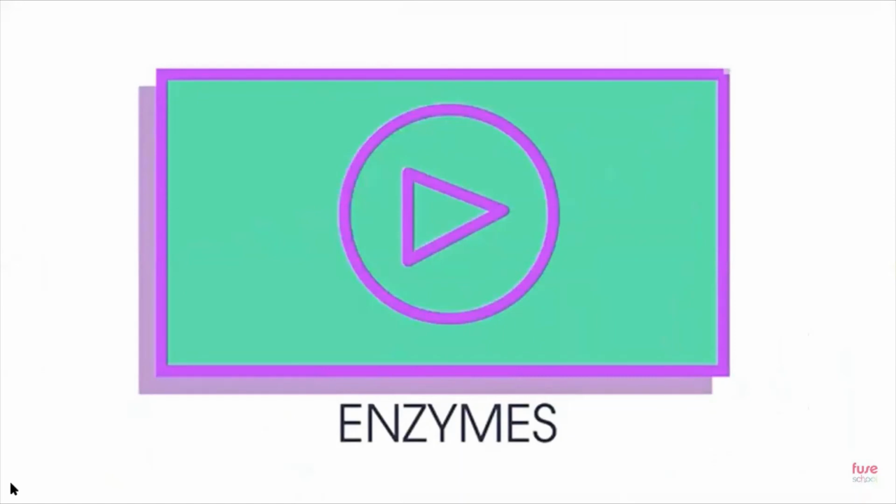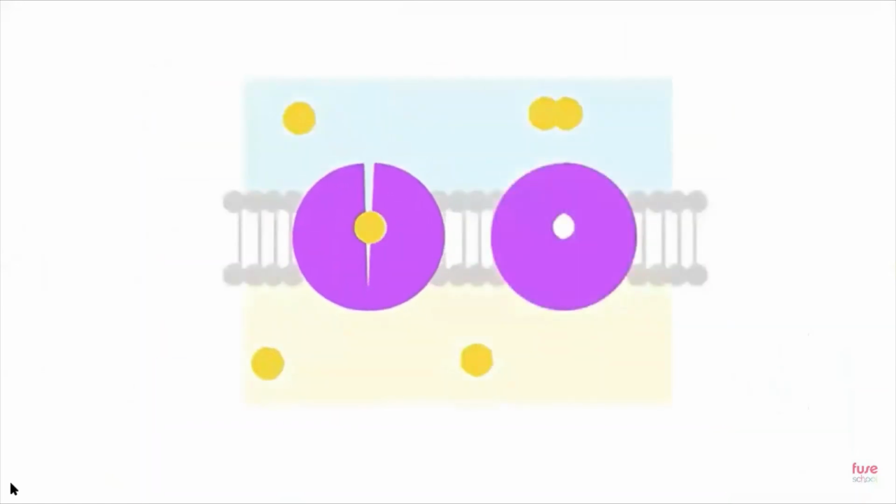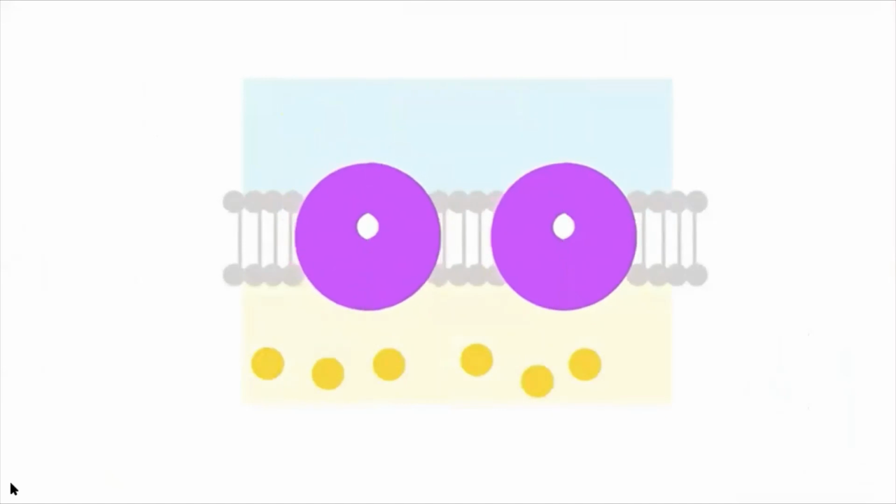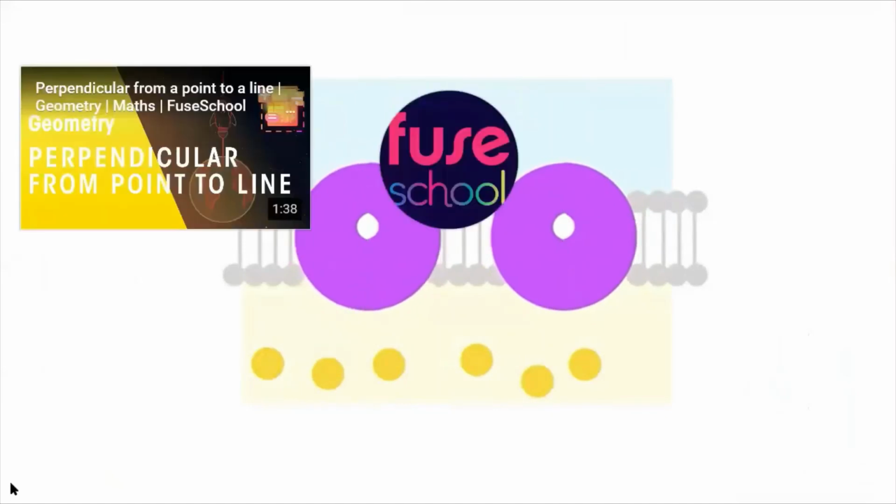And last but not least, proteins are also used to move some substances across cell membranes in active transport. For example, to absorb glucose in the small intestine. So now you can see just how important